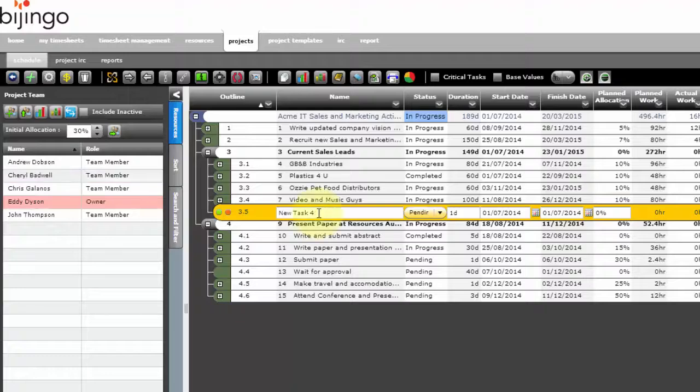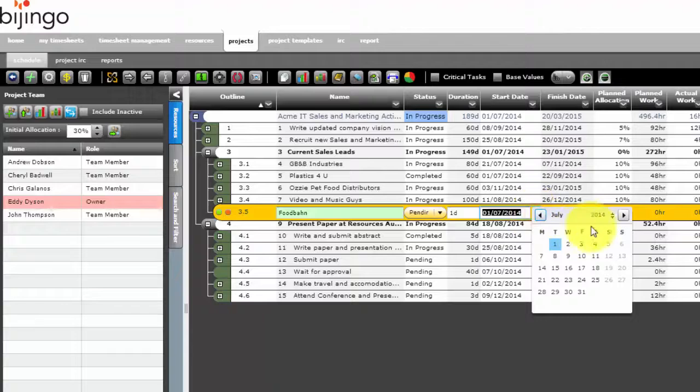A new task is created at the bottom of the phase. Type the name of the task, Food Barn, in the name field. Now, to set the start date, click on the calendar icon in the start date column and choose the start